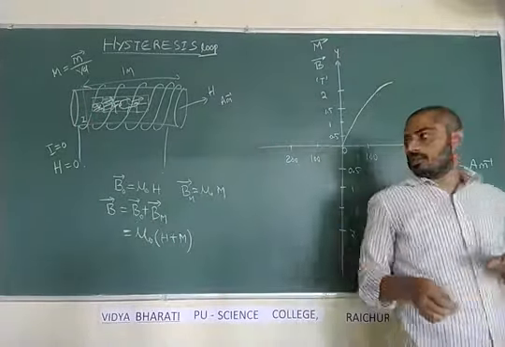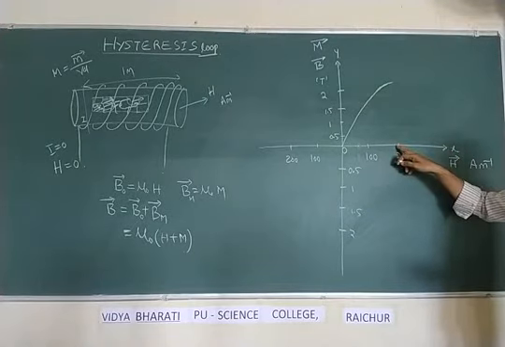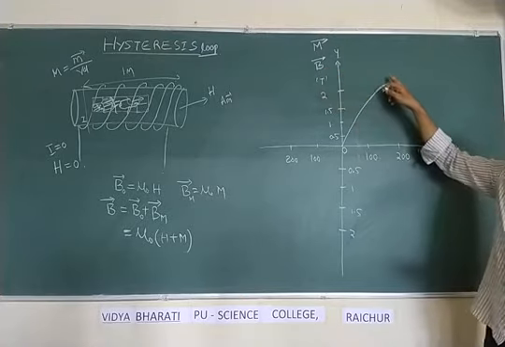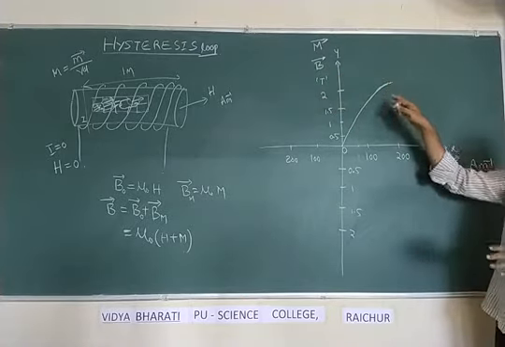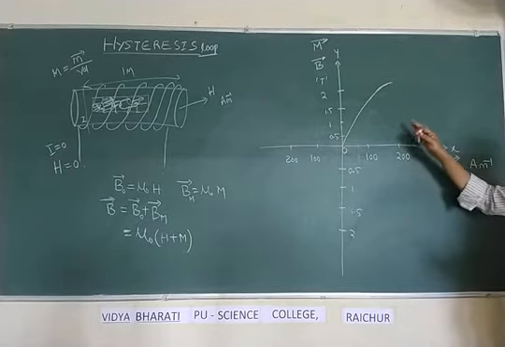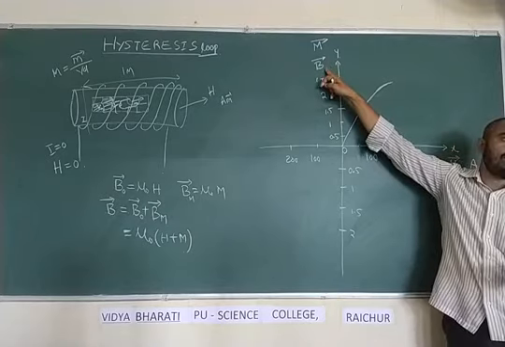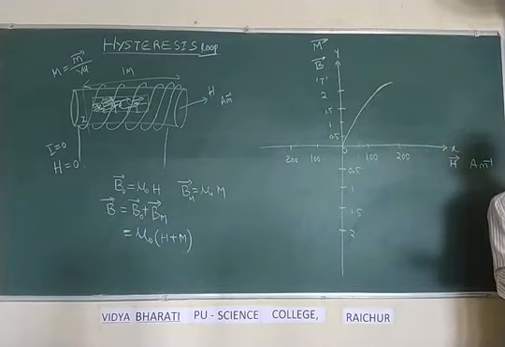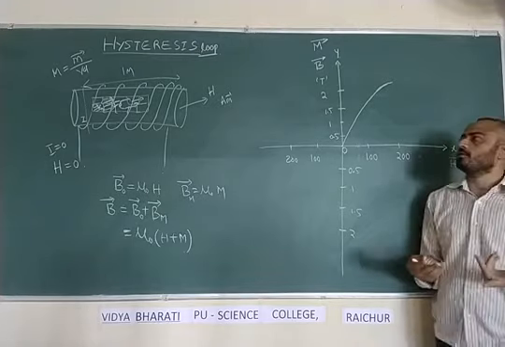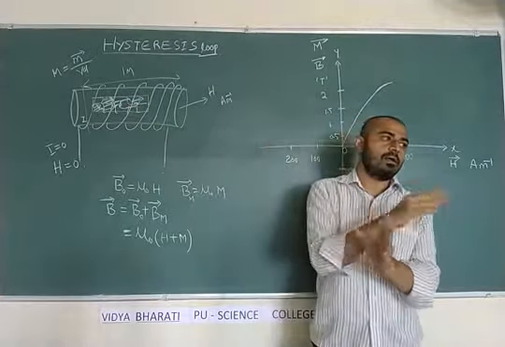As you go on increasing the H value, at one particular value of H, the magnetizing field intensity, the net magnetic induction becomes a peak maximum. From there onwards, even if you increase the H value by increasing the current, there won't be an increase in the B, because our iron is already converted into a magnet. There is no further chance of it being converted into a magnet, because all the molecules are already oriented.